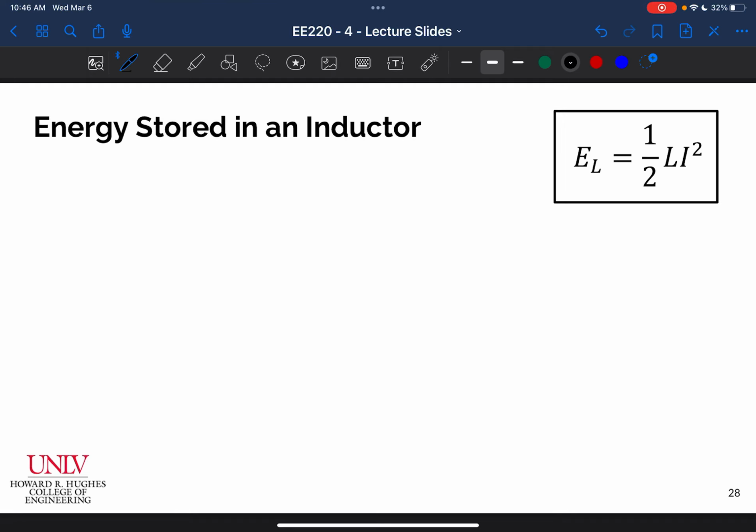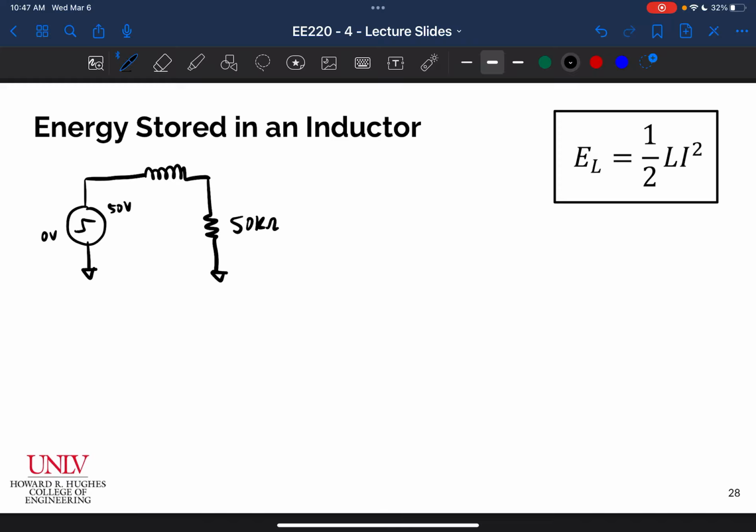All right, well, similarly to the energy stored in a capacitor, we now have an equation that we can use to determine how much energy is stored in an inductor after we energize that coil. So let's say we have an example where we pulse a source from initially 0 up to, let's just say 50 volts. And let's say that I've got an inductor here, and I've got a resistor here of 50 kilo